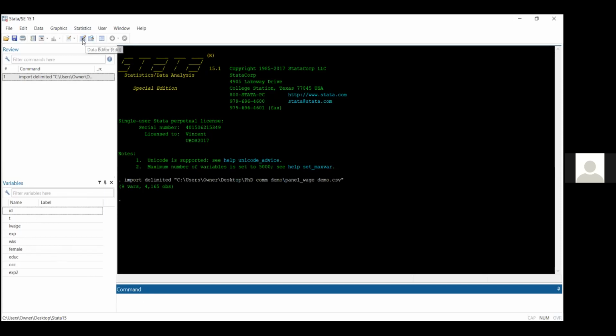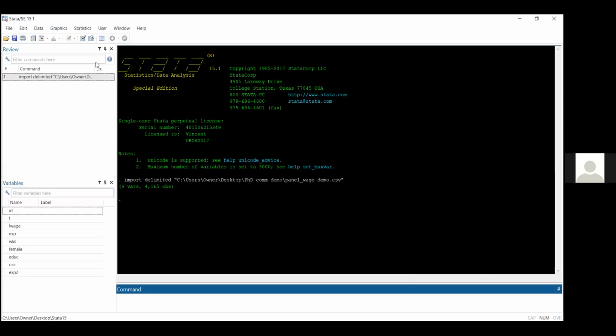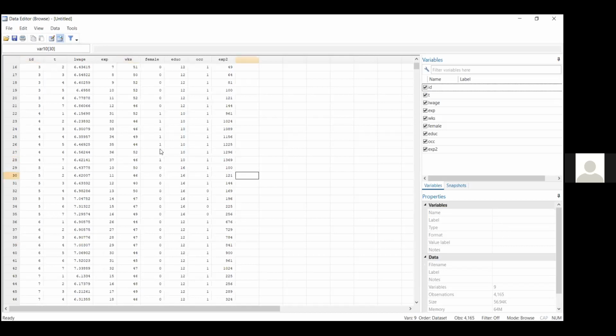If I click edit, I can check if my variables have come in and that I'm comfortable with them. If I wanted to change anything here, I just click anywhere I want to change, delete, and enter that figure or adjust. That is only in the data editor. But if you're comfortable that you have everything you brought in here, then just keep browsing and just check. This won't change anything, even if you make an error. Then you move on. Okay, now